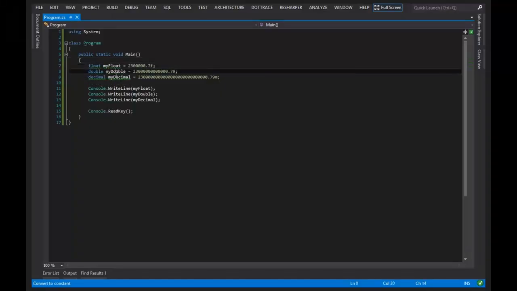All right, so we have floats, doubles, and decimals. And people have been asking over and over again, what's up with these suffixes? In this case, I have a suffix of f. In this case, I have no suffix. And in this case, I have a suffix of m. And that gets into the concept of implicit conversions and explicit conversions and how C# converts one data type to